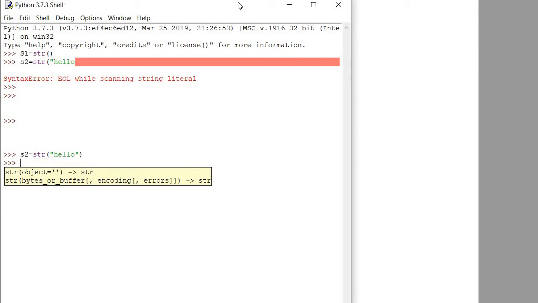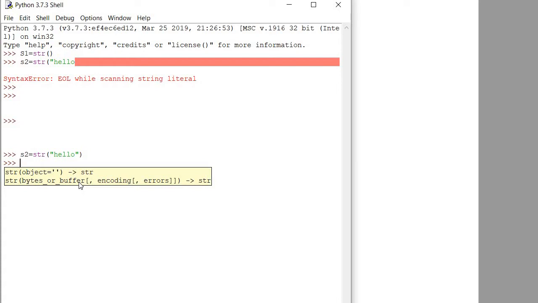So this is a way to create an object for a string class. Str is used here to create an object for a string class.